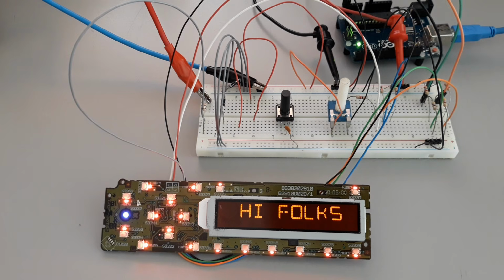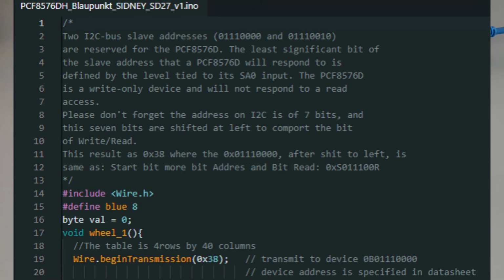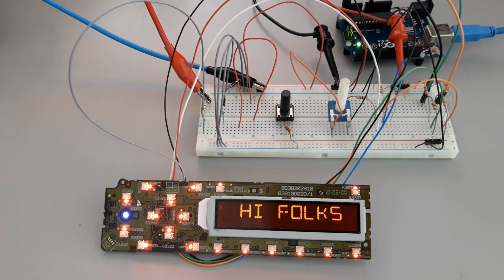Communication with the driver happens through an I2C interface, using the SDA and SCL lines. In this particular case, the driver responds to the address 0x38. This address is interpreted as a 7-bit address, where the start condition and the read or write bit are applied as a left offset to the byte.